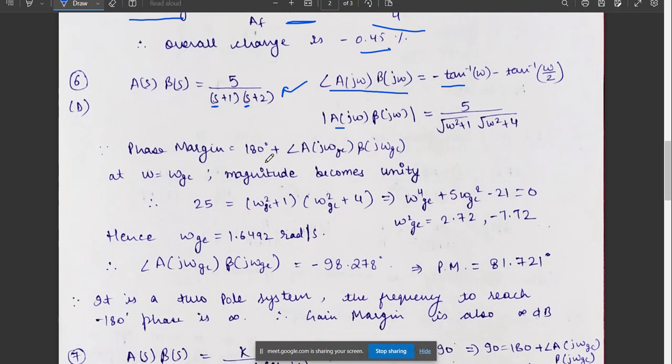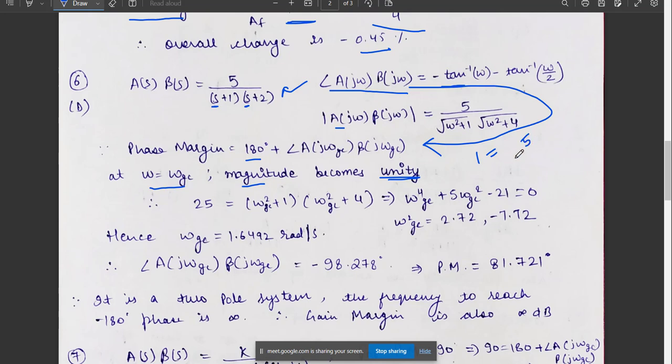So the phase margin will be equal to 180 degrees plus the phase, that is 180 degrees plus the angle of A(j omega gc) into B(j omega gc). We also have to understand that at omega equals omega gc, the magnitude of the system becomes unity. So we put 1 here and square both sides, that is 1 is equal to